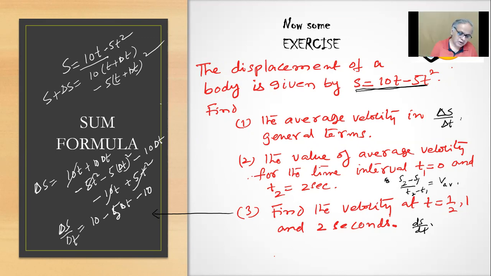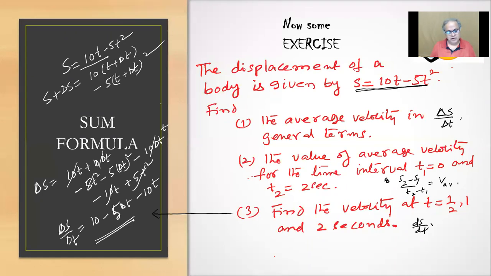Something went wrong. Delta t plus delta t minus delta t are going, right? Is it correct? Minus 10t. That is 10t. Here you should write minus 10 delta t into t. Yes, this t is there, so this is not going away. This is 10t. So this is your delta S by delta t.